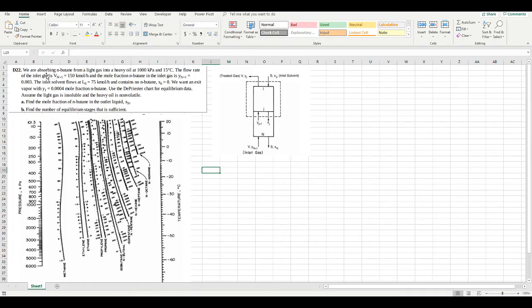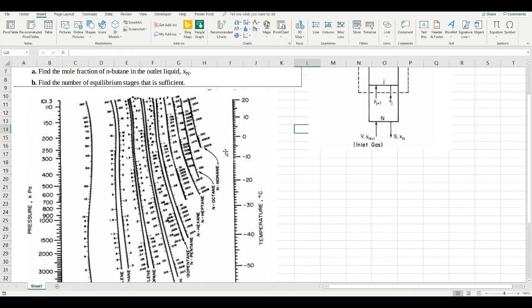Okay, so in this problem, we're absorbing N-butane from a light gas into a heavy oil at 1000 kPa and 15 degrees Celsius. Absorbing means that the N-butane is going from the gas to the liquid, so it's basically going in this direction. And this seems like a fairly typical absorption problem. The only really unusual thing is that the equilibrium data is provided in the form of a de